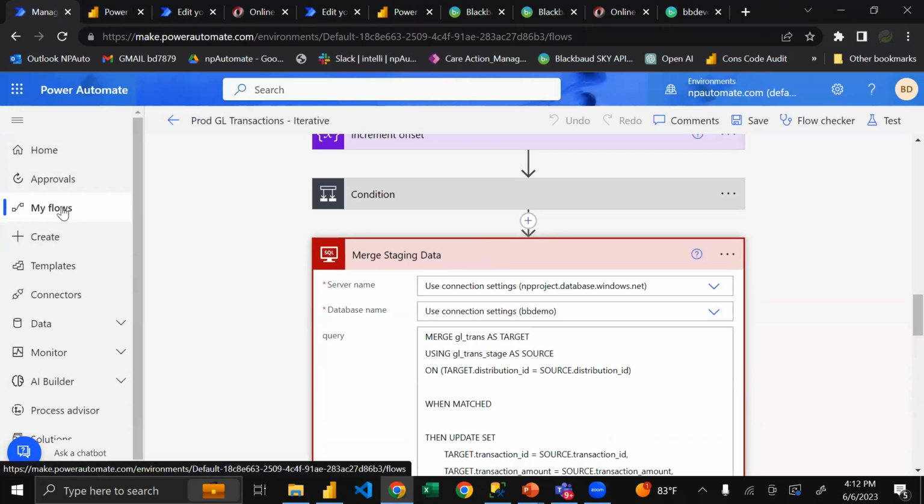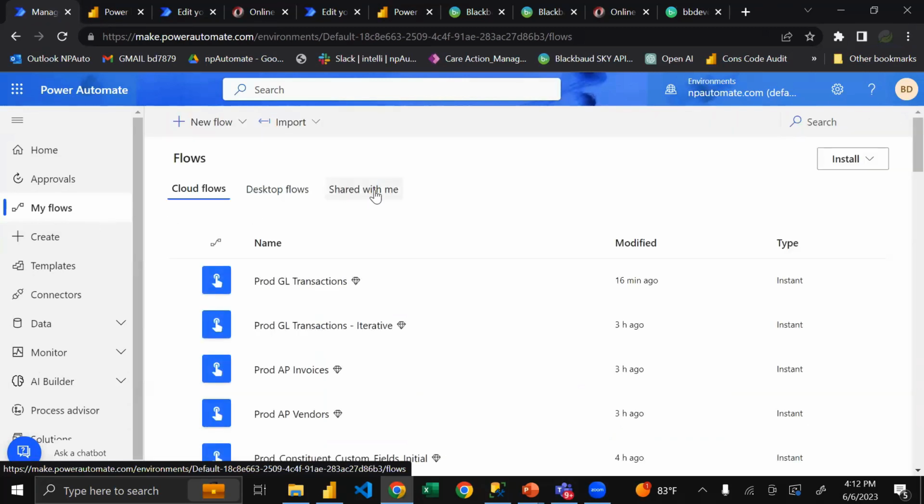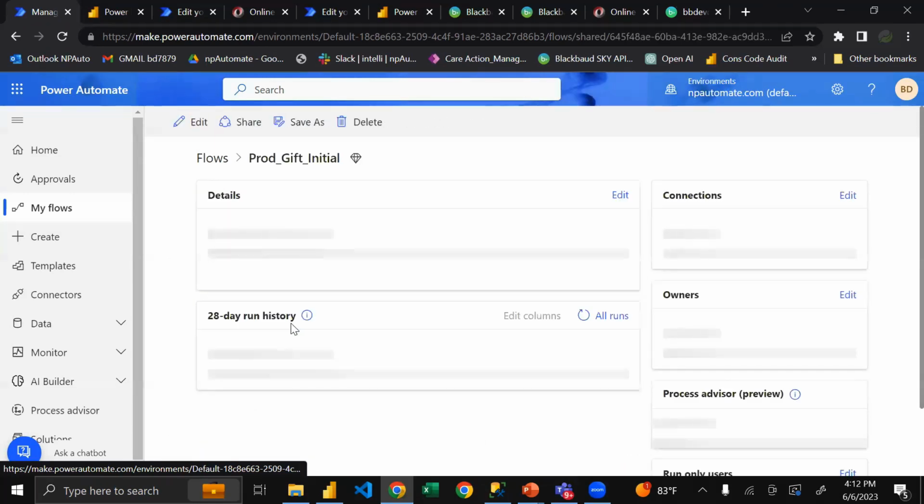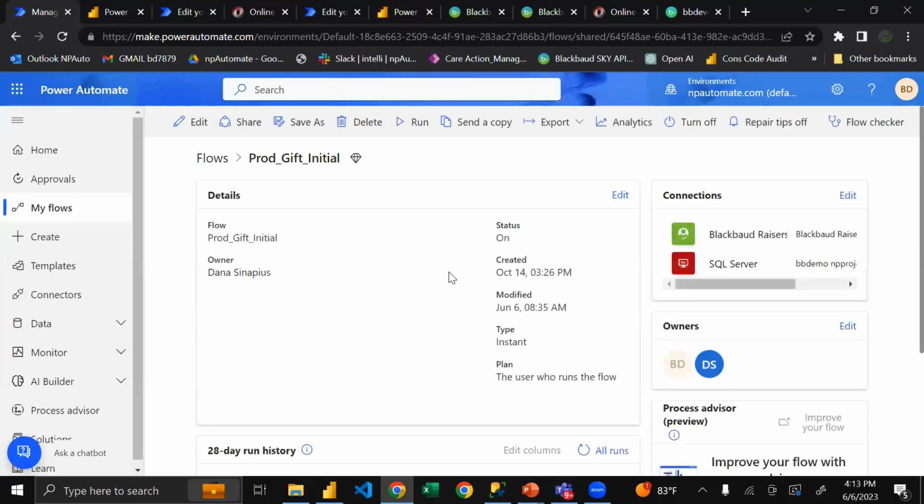We do something a bit more nuanced for gifts because we also need to pull gift splits and we need to pull gift soft credits. So for gift management, the way we typically approach